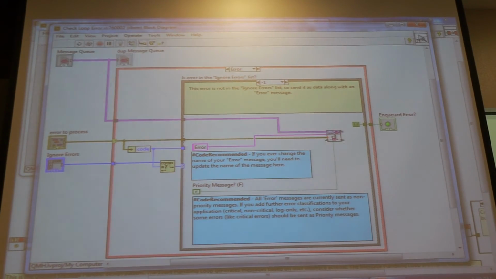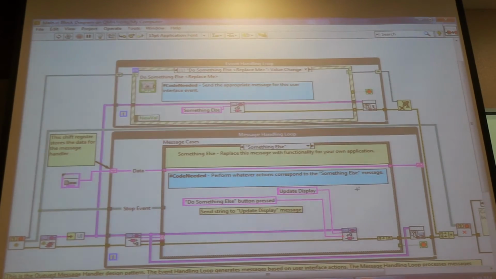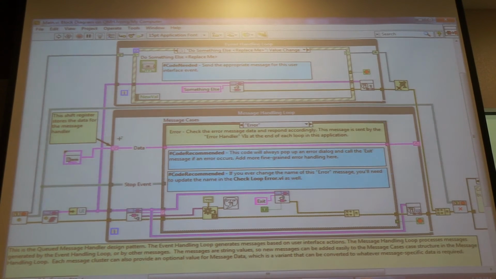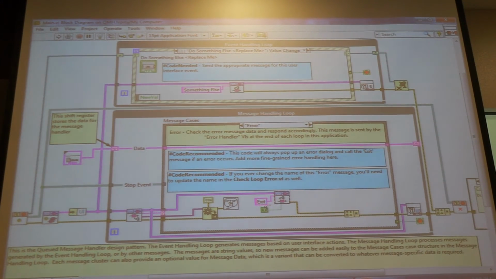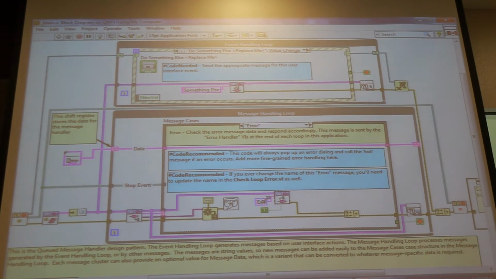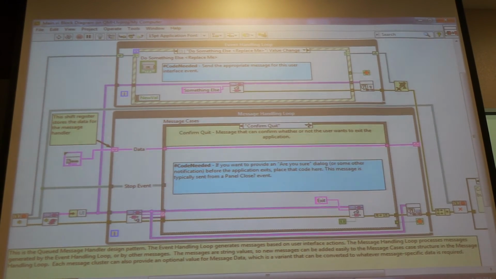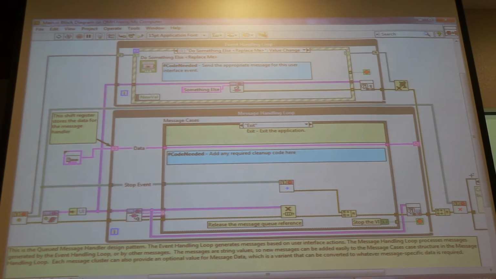So what happens when it's inside the queue? Again, doesn't matter where it's coming from, there is a message case called error. Error comes in, it fires this particular case structure. All you're doing is taking out the data. Simple error handler. And then what do you do here? Exit. It's sending a message to itself to exit after showing this particular simple error handler window. And what does exit do? Again, exit: stop the event loop, stop the top loop, close all the queues, exit the program gracefully. Same thing.